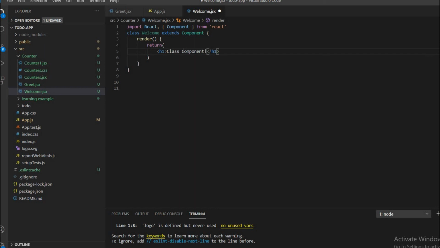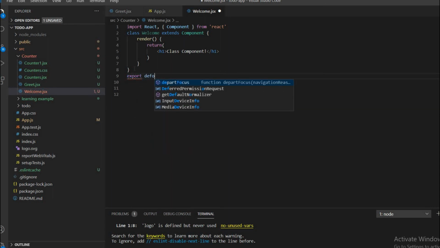And that is pretty much it. We have created our own class component. Again, right now this component is in no way connected to the rest of our application, so we have to export it. Export default Welcome.